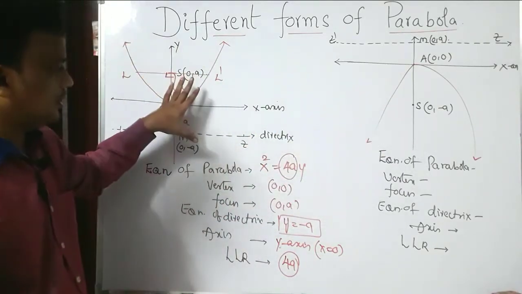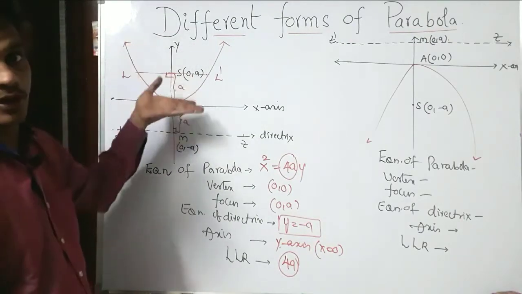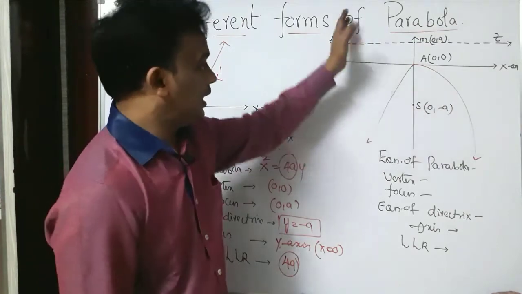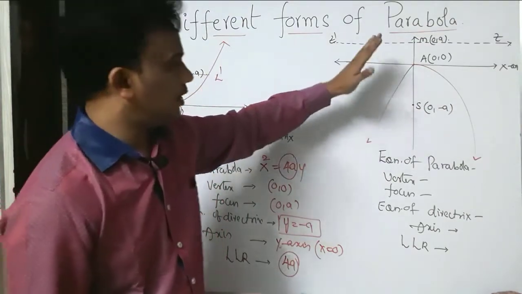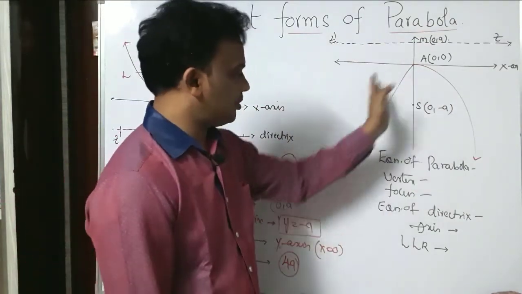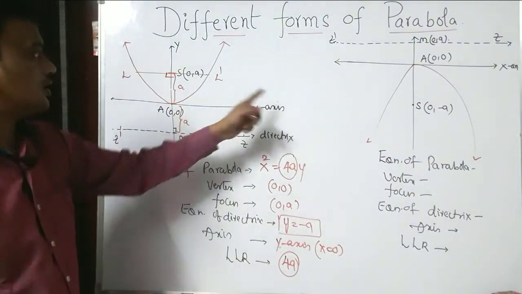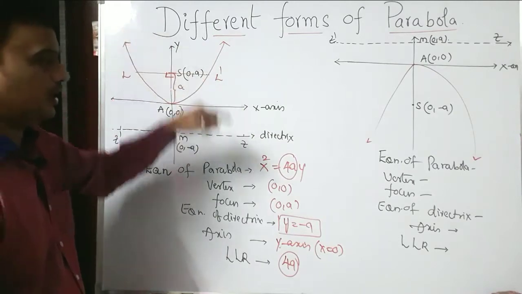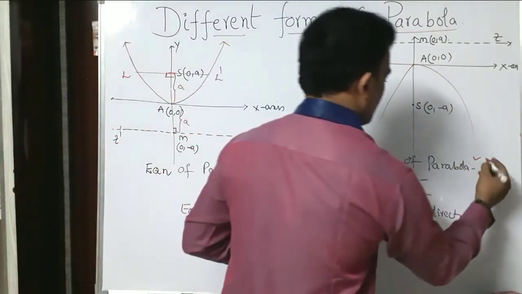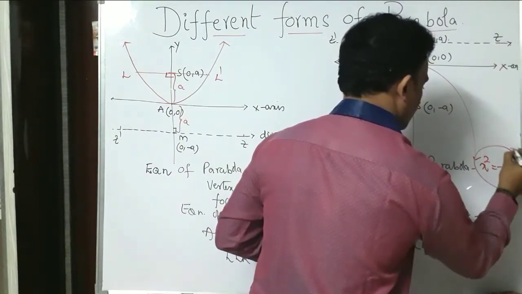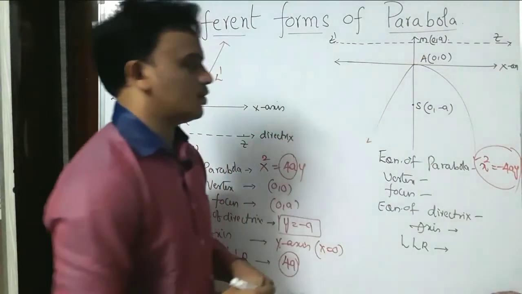Yes. And one more form. This is called the upward parabola, open on the upward side, and this is open on the downward side. Left side parabola is when it is rotated again by 90 degrees, it becomes like this. Please focus to find the difference between these two. This is x square is equal to 4ay, and this equation is downwards: x square is equal to minus 4ay. Please observe this.